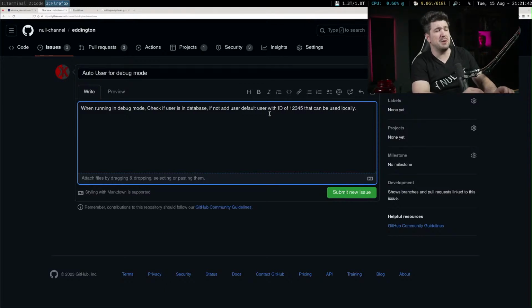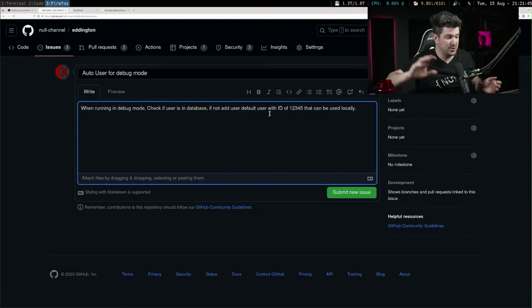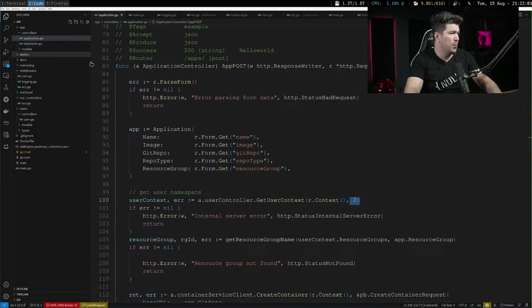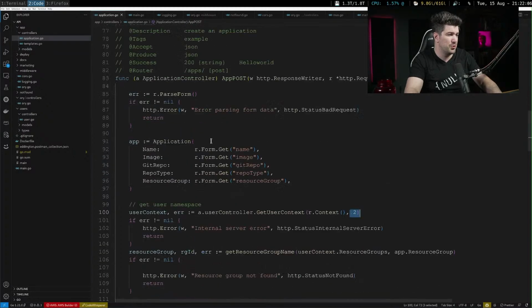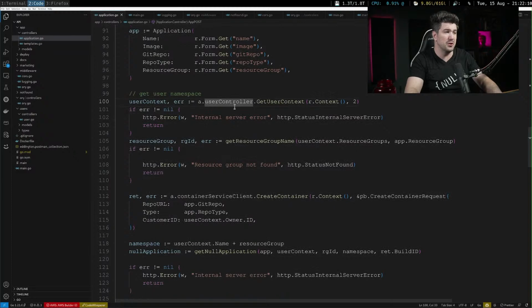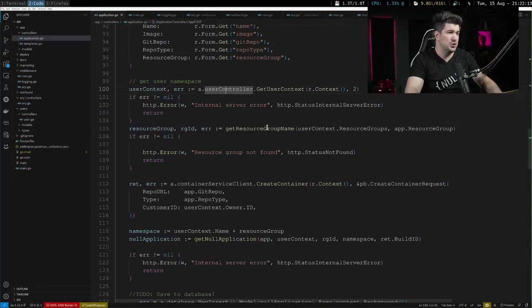I feel like there's actually better work we can do to abstract out the core use of Eddington and users. So basically, if we did a little bit more work in the future, we could have it where the things that built Eddington didn't need to know about the user. For a better example, when we create a new application, we get this user controller, check the user for the right resource group.